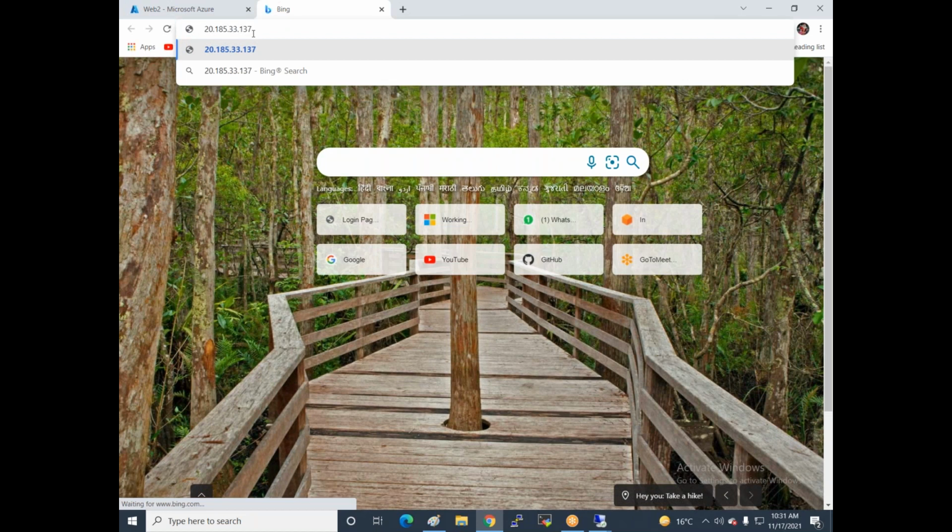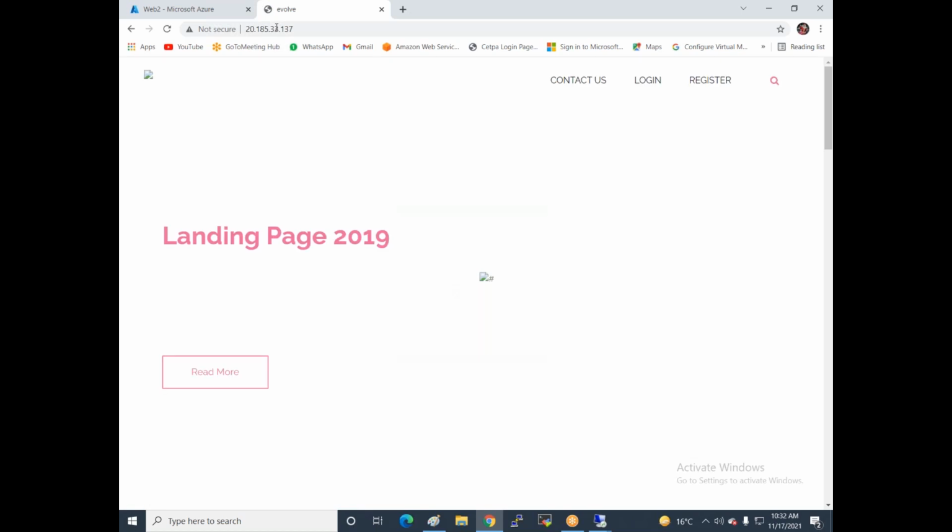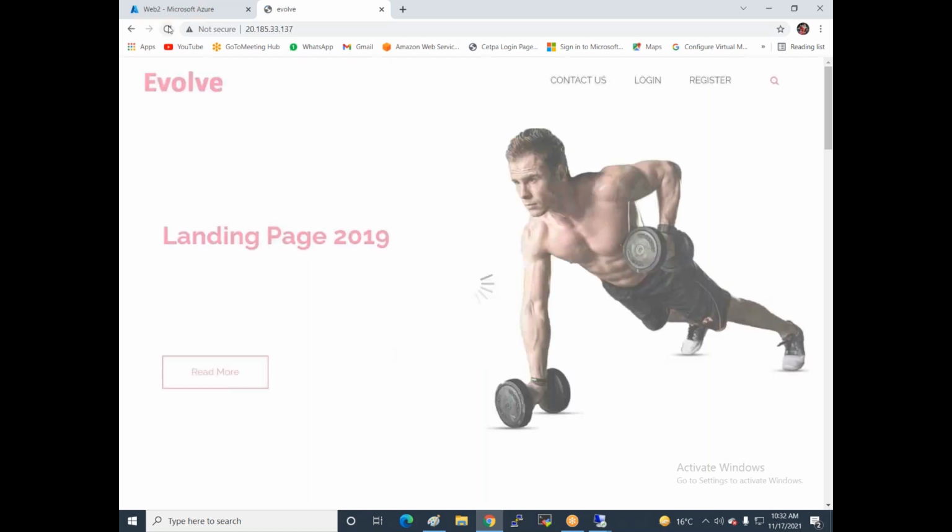Please check this IP. You can write this IP and hit it in a browser, and give me the reply: which website is open, web 1 or web 2? I see the gym fitness website. Yes, Gym Fitness, that means web server 1. Now I hit the request. I also received web server 1. Now I received the landing page 2019. I select another, and at this time it is web server 1.